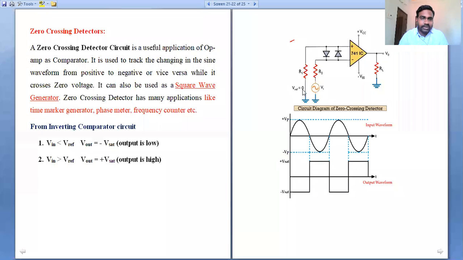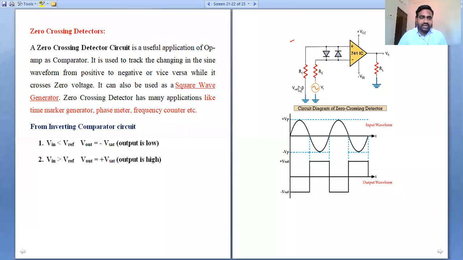It shows the behavior of the comparator in crossing a zero voltage point. The reference voltage applied is 0 volts, the output load resistance is grounded, and the output voltage is observed at this point. These two terminals are biased terminals, and this is an open loop configuration. This is a comparator circuit, and we don't have any closed loop feedback here.